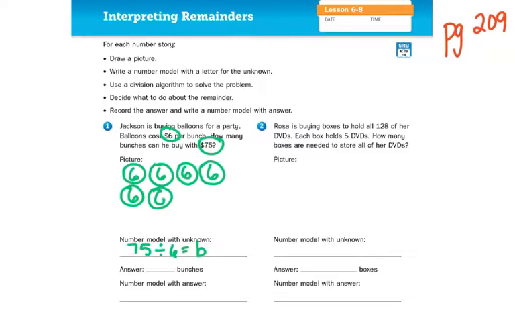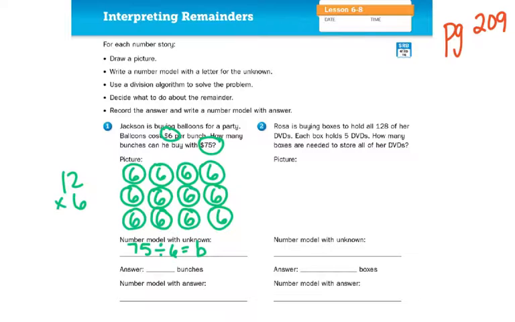6 bunches would be $36. 7 bunches, 42. 8 bunches, 48. 9 bunches, 54. 10 bunches, 60. 11 bunches, 66. 12 bunches, and this is why you want to know those 12s,